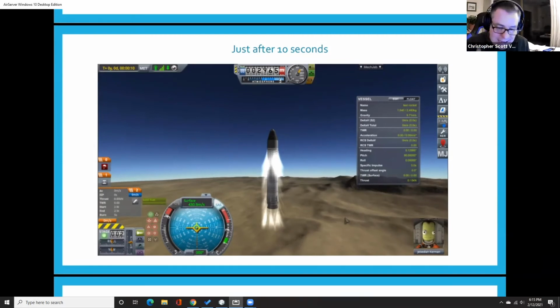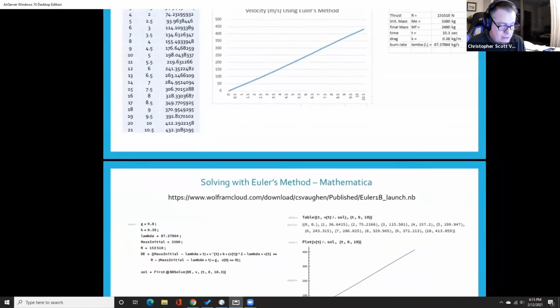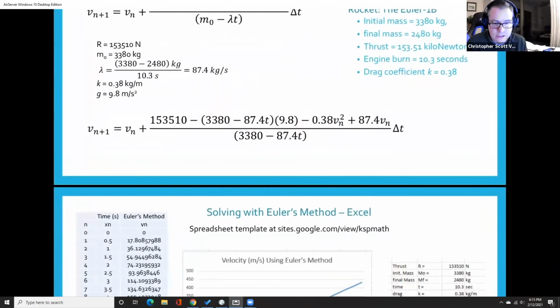But on this workbook, I have questions where I don't require them to have the game to engage with the idea of the rocket equation. And then I could just show them a video from the game. And I think it's fun,